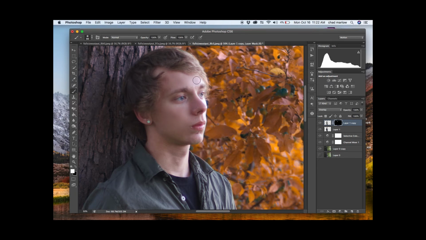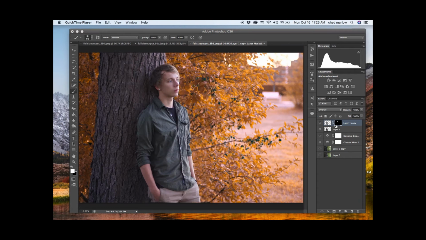Kind of just brush around with it a little bit. Get rid of that mark down there. There you go. We'll clean up the neck a little bit as well. You can paint. I'm just more cautious with mine. Alright, step 5. So we're going to separate the foreground and background just a little bit more, and we'll wrap